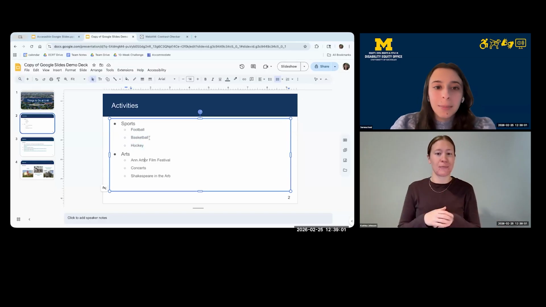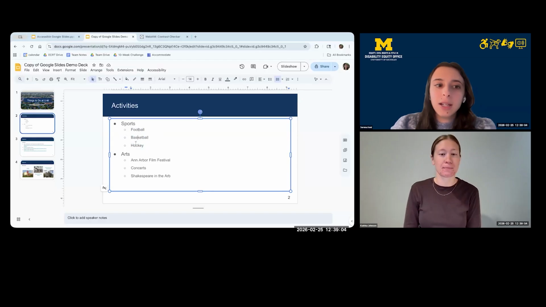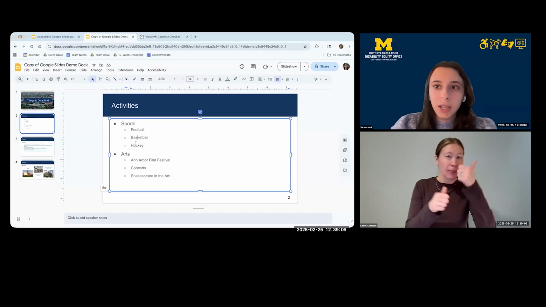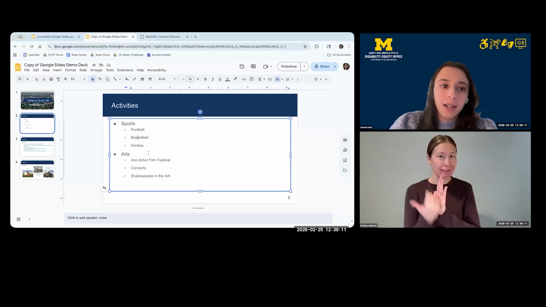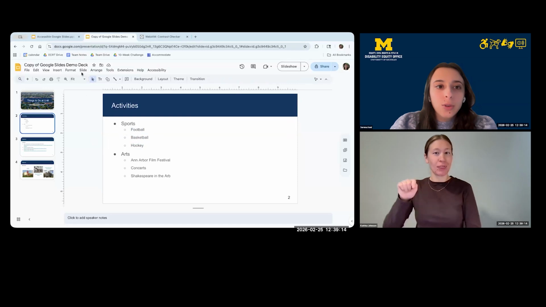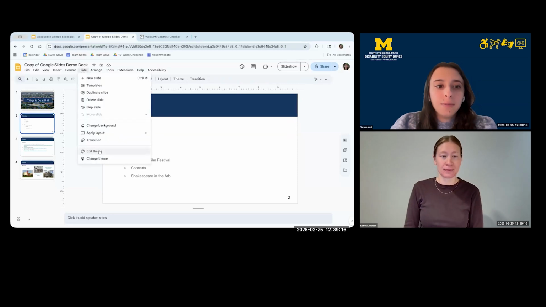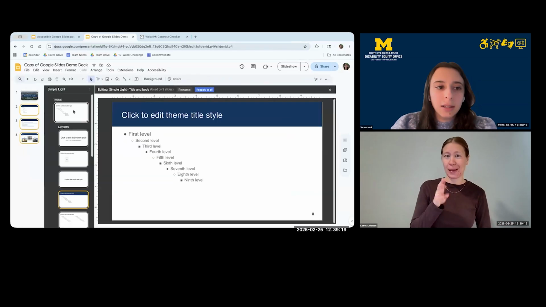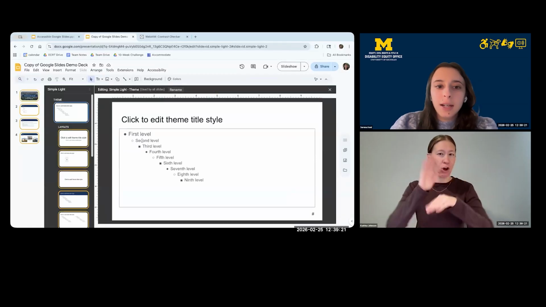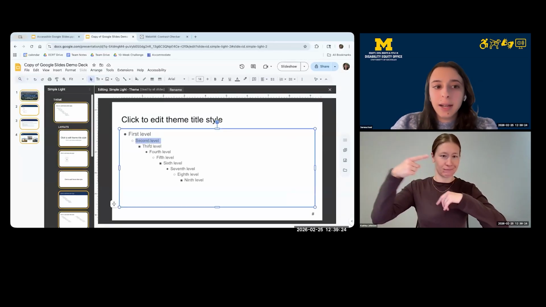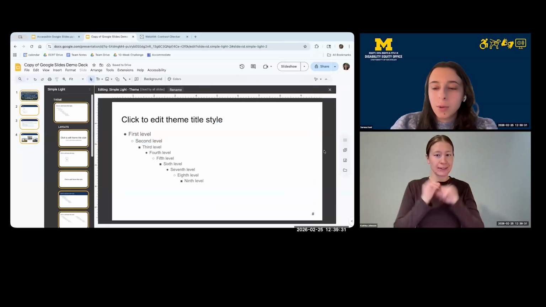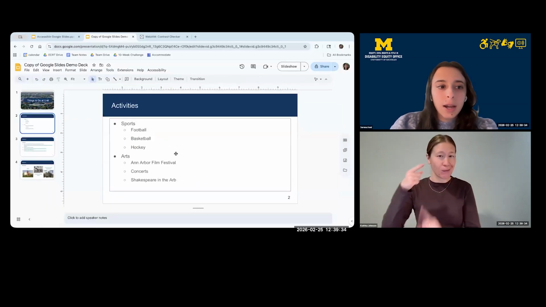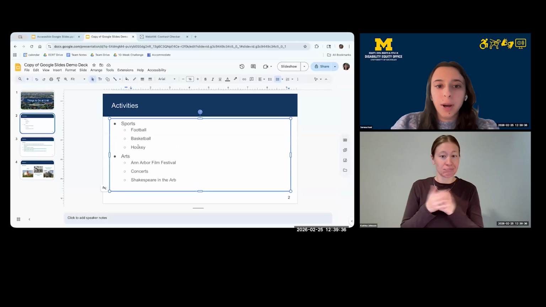You might have also noticed that my text size for my sub-bullets got a bit smaller once it became a real list. That's because of my theme formatting. So if I go to Slide, Edit Theme, and I'll actually do this at the theme slide level, if I select my second level formatting, I can up the text size for what my second level sub-bullets look like. So I did that. And when I close out, now it's set for the whole deck. I don't have to worry about it again.